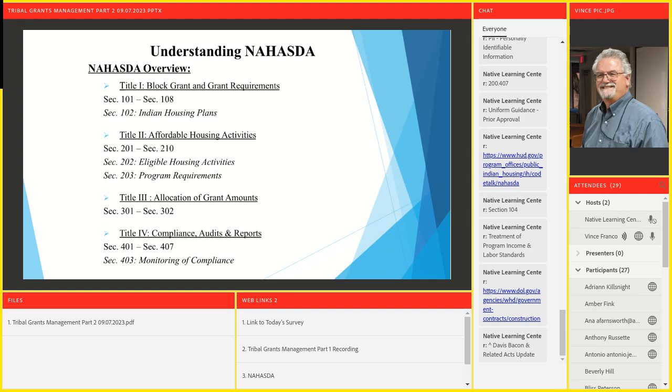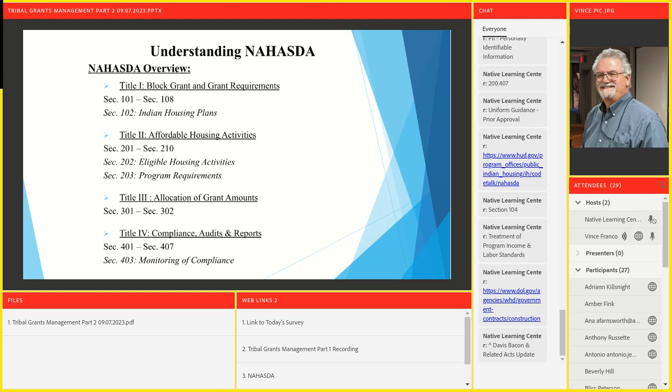And calculate some of these add-on features that you might be eligible for. So Title 3 talks about the allocation process of the grant amounts in aggregate, at a high level, how it's calculated and the importance of it. You can see there's only 2 sections. So it's a short read, but it's important.